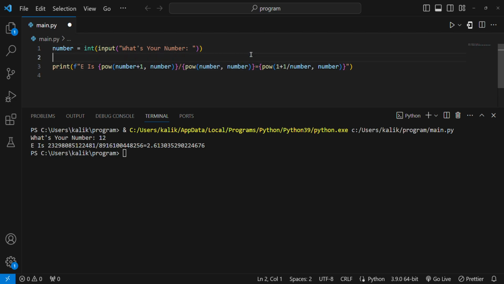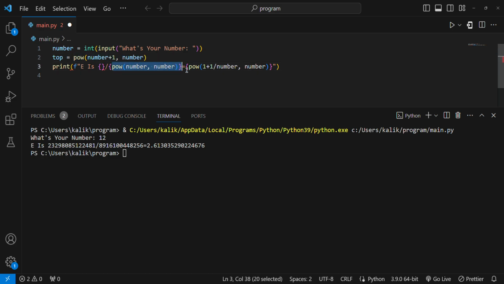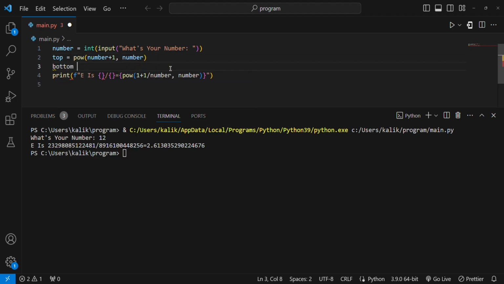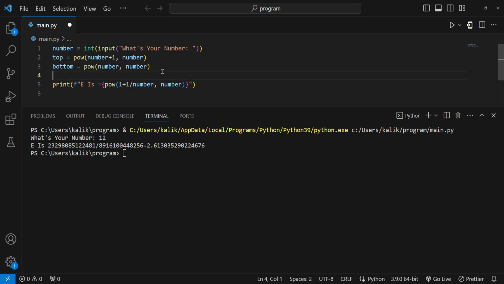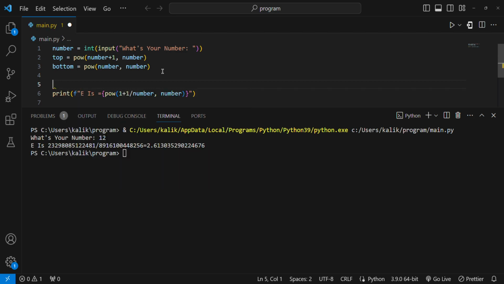But that is gonna be hard. So we need a top and bottom. So the top is this, and then the bottom is this. Bottom is the power of that and that, and now we're gonna need to do some here and there. So we're gonna say if